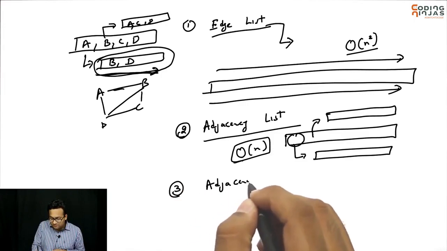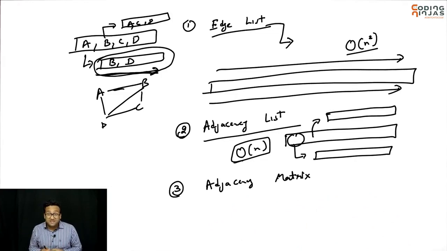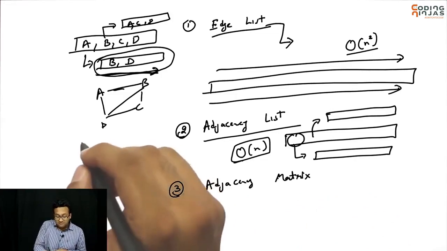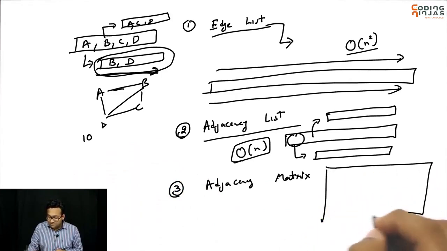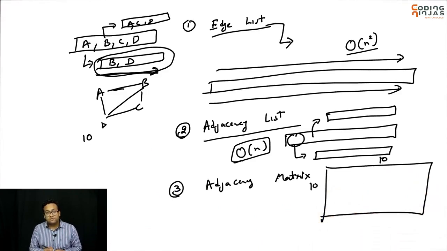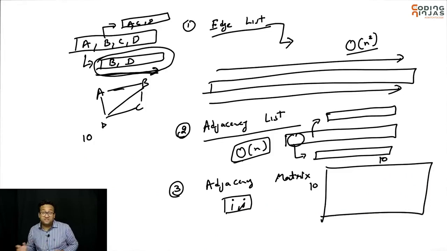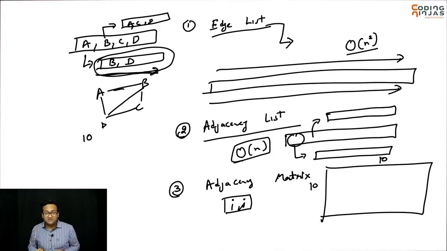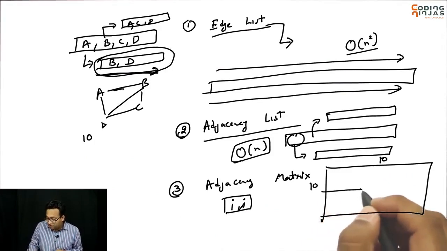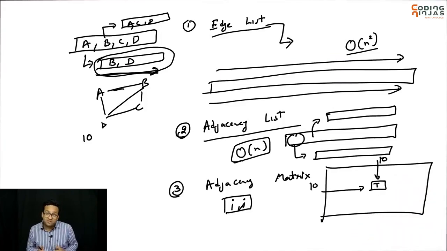adjacency matrix. Adjacency matrix basically means that if I have, let's say, 10 vertices, I am going to create this 10 by 10 2D array where cell i comma j is going to tell me if there is an edge from i to j. So I want to check, let's say, whether there is an edge between the 4th and 5th vertex or not. I will go to the 4th row, 5th column and see whether true is written or false is written. If true is written it means there is an edge, if false is written it means there is no edge.